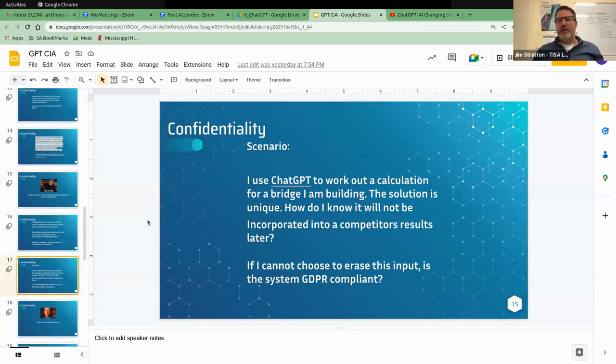Right offhand, I think, yeah, you've hit on a problem: the pooled data, while it's anonymous, there's not an expectation of privacy to it. I would think that if the same or similar questions were asked, then your workup and the session data that you provided and worked through would be available to the next person who put in a similar string. That's my guess.